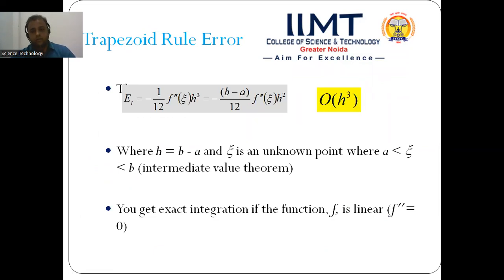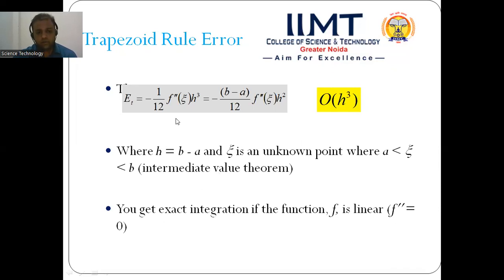Since we have discussed that it has some error, which can be approximated by the given formula, whose order is h cube, the error of the trapezoidal rule is given by negative (b minus a) over 12 times f double dash of chi times h cube, where h is equal to b minus a, and chi is an unknown point between a and b, which can be found out by using